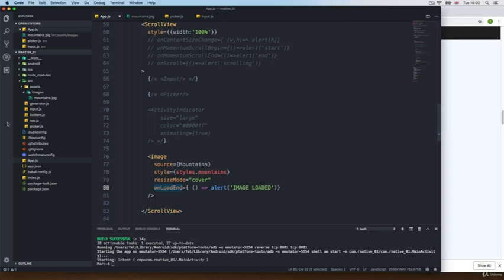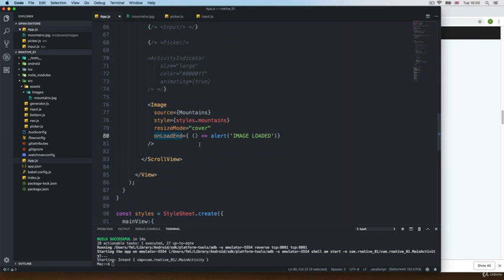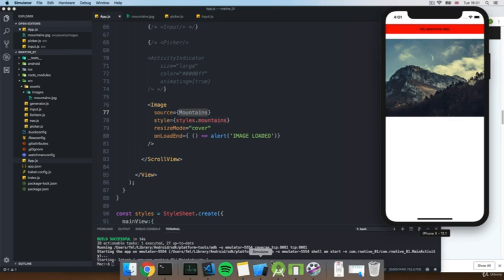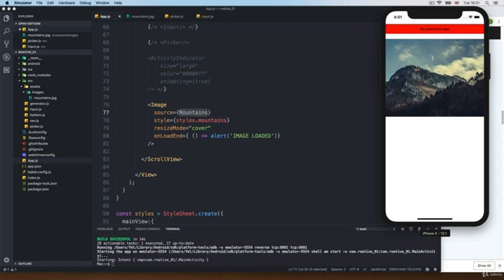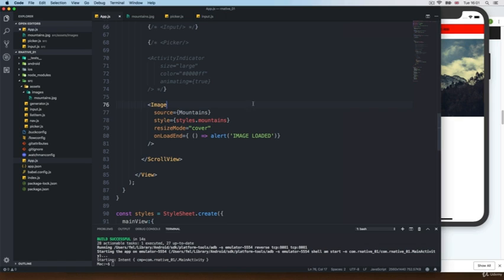Now there's a different thing with this. We are just rendering that image, and this one is in our working directory. Most of the time you want to show an image that comes from a different place, maybe from an API. You've created your application, and all the data and all the images and everything else, you use a service for this. So of course you can go to that service and bring the information. So I'm going to go right here to the source. I'm going to remove this, and I'm just going to make a reference to HTTPS, just like this, then colon